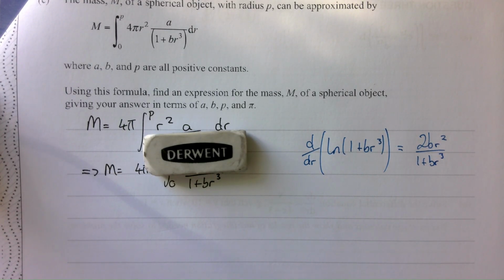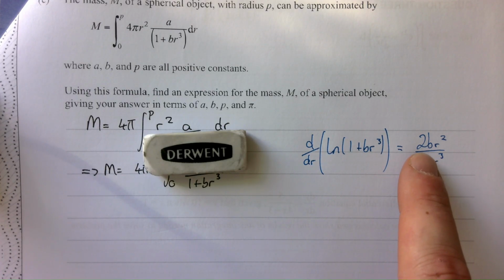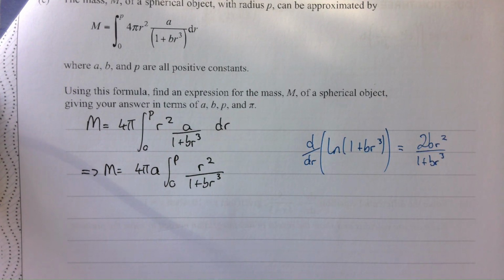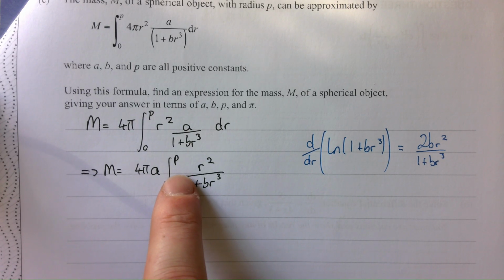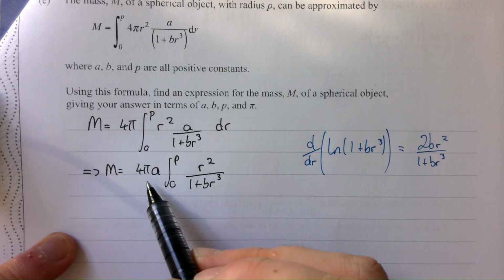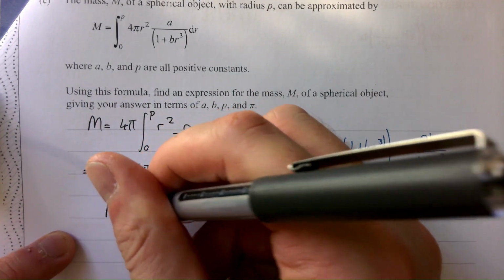Now, the factor of 3 is just a number, so that's unimportant for us right now. What is significant for us here is this b term. Now, we don't have a b on the top of the fraction, and so what the mark scheme has done is to get a b term to appear on the top. They've said that if we multiply all these constants out the front by 1,